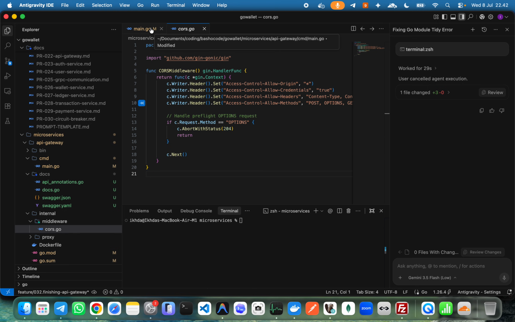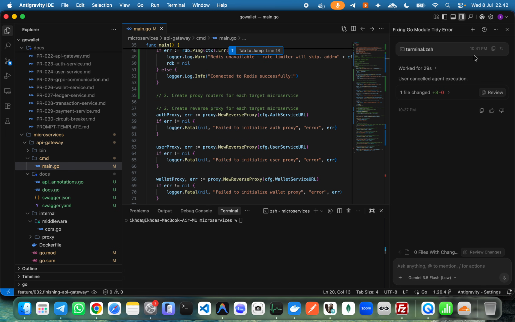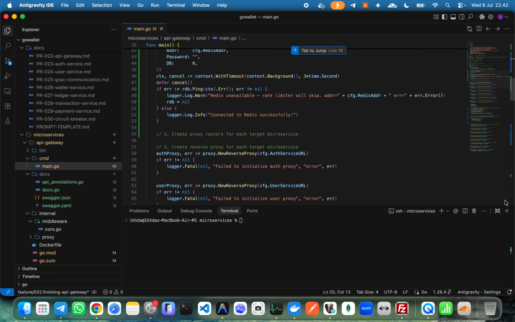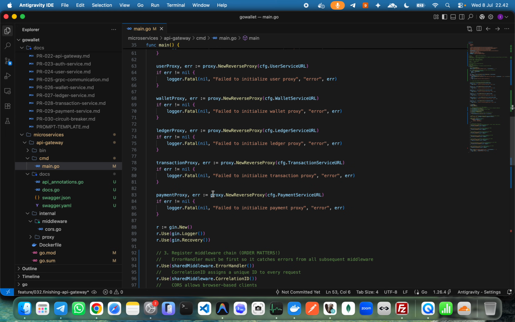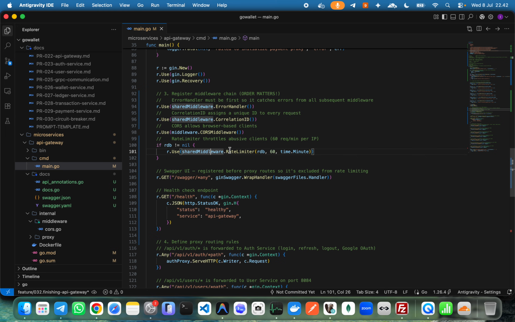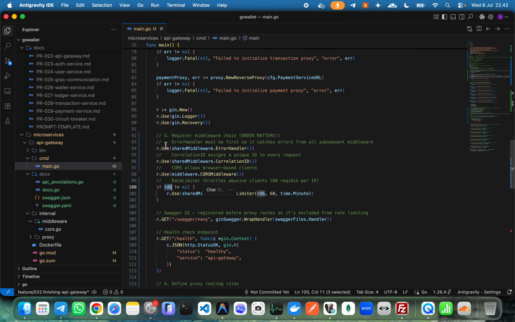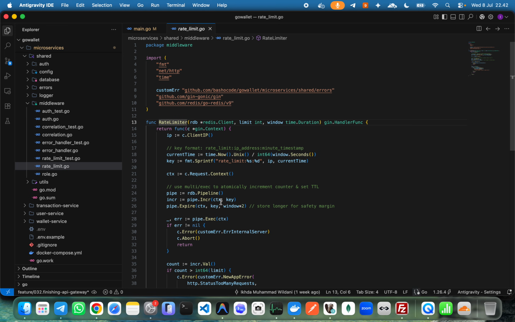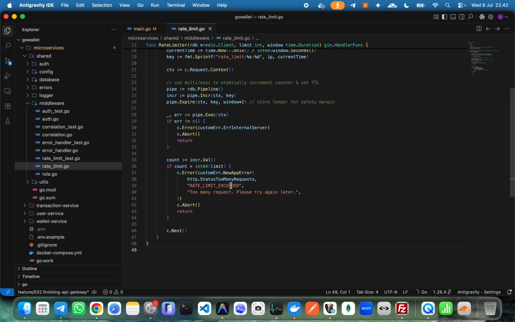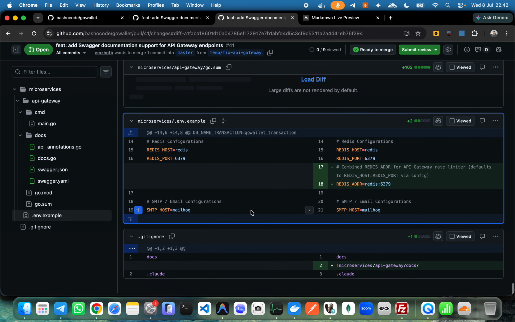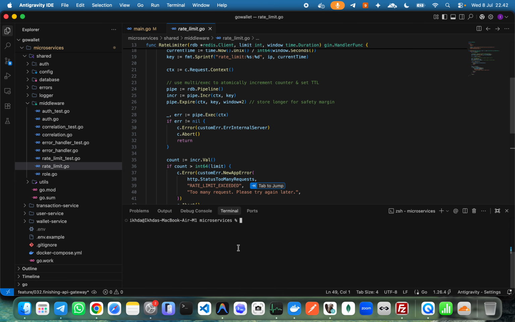And then we have already implemented the Redis. Actually, Redis rate limiter. If Redis DB is not nil, we use rate limiter, which is this per IP. This rate limit exceeded, too many requests. Last time we do this, and yeah, I think I want to try to make build Linux,